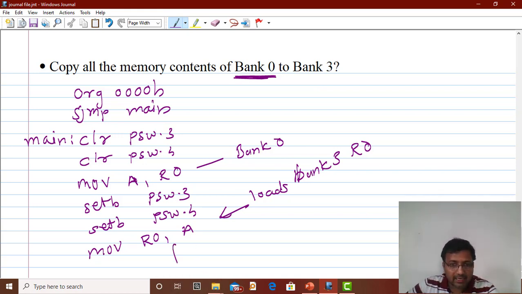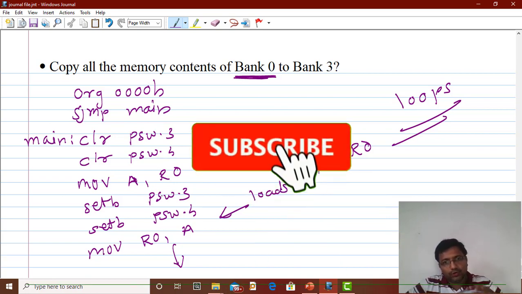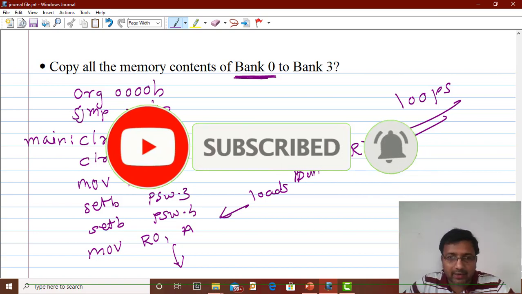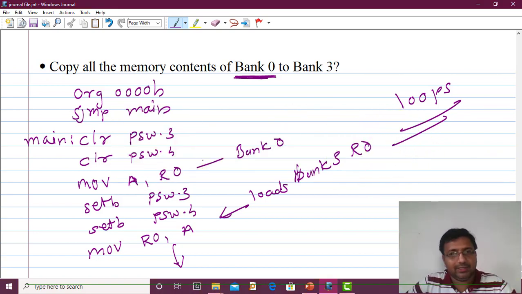For simplicity, you can reduce the program using loops. Loops are still not covered, so we'll see the same program again using loops. But currently, with this particular knowledge, we can write this code, and the code is lengthy. To reduce that, we need to use a loop, an increment operator and a decrement operator. Okay, so we'll end the session here.